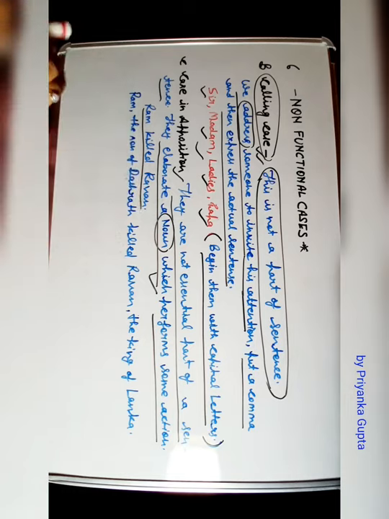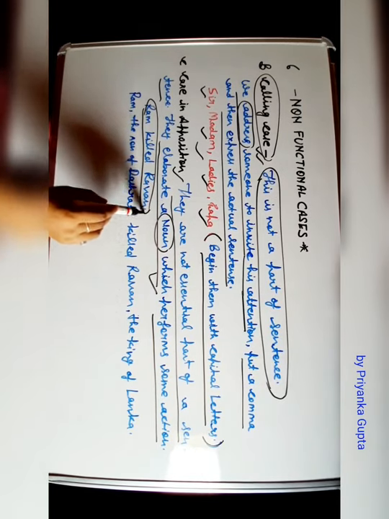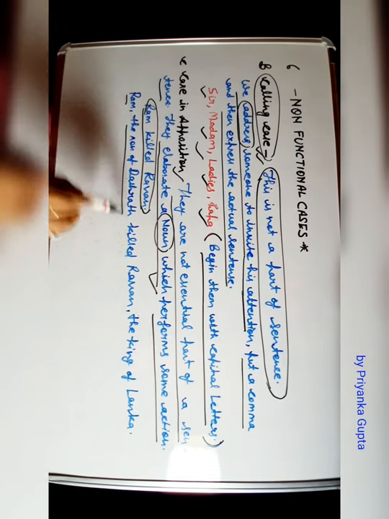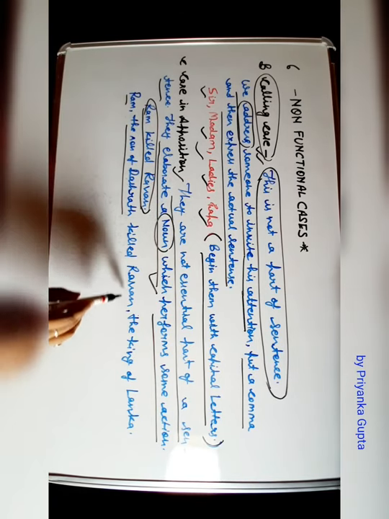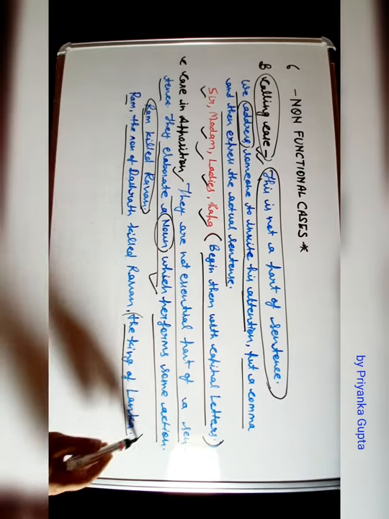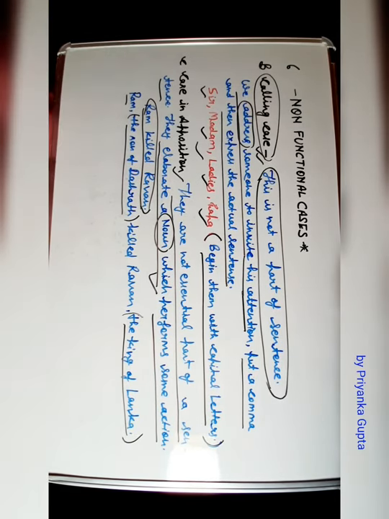Just like here, Ram killed Ravan. So this is a simple sentence. If we are writing here, Ram, the son of Dasrath, killed Ravan, the king of Lanka, these are your cases in opposition. Clear? Since your functions of nouns are completed here, your first chapter is also completed here.